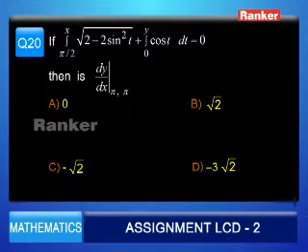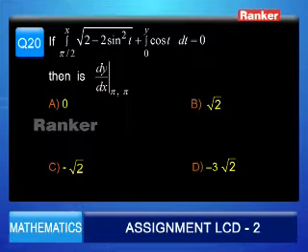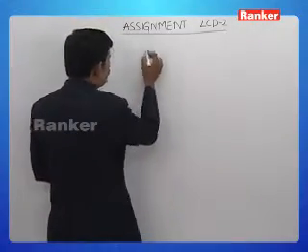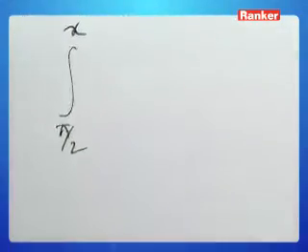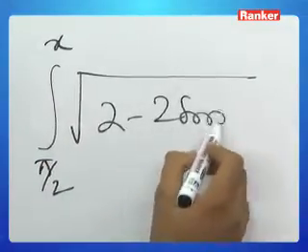Next question: if integral pi by 2 to x root over 2 minus 2 sin square t dt plus integral 0 to y cos t dt is equal to 0, then find dy by dx at pi comma pi. Question reads, integral pi by 2 to x root over 2 minus 2 sin square t dt